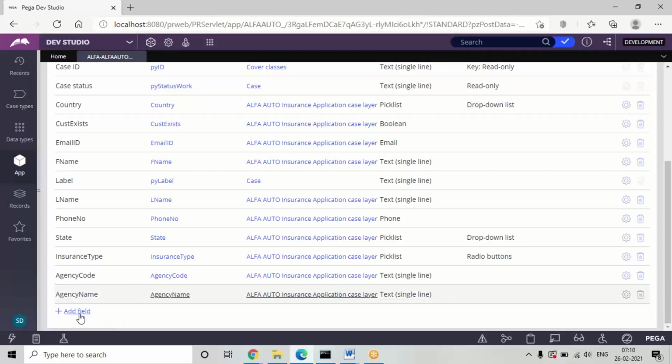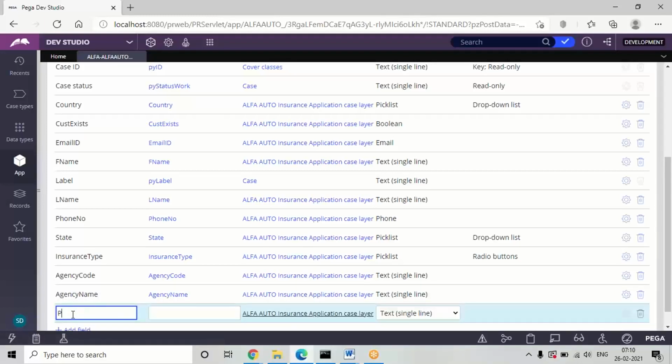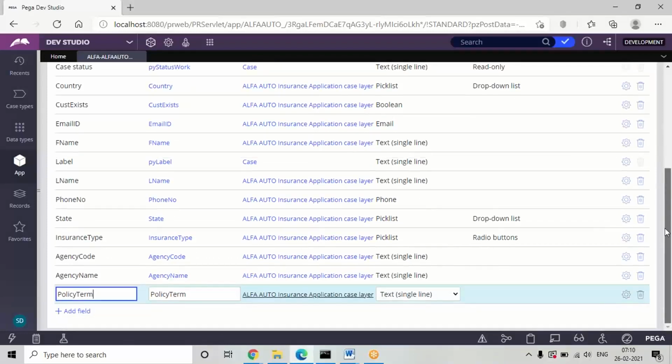Then I'm going to add three more properties.